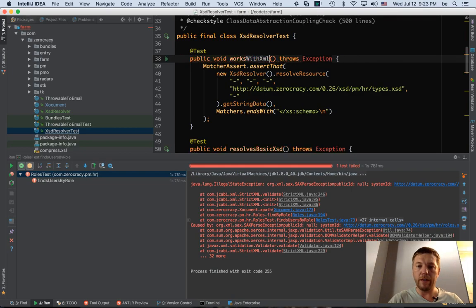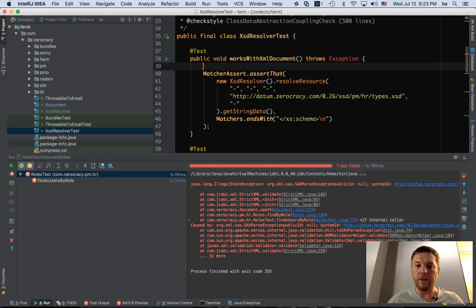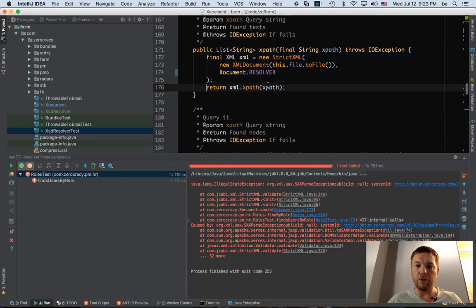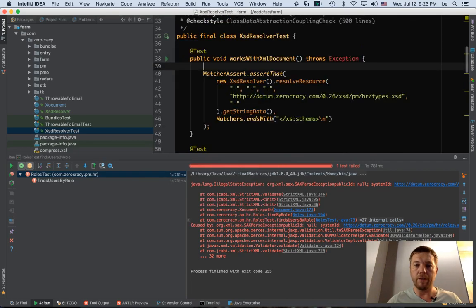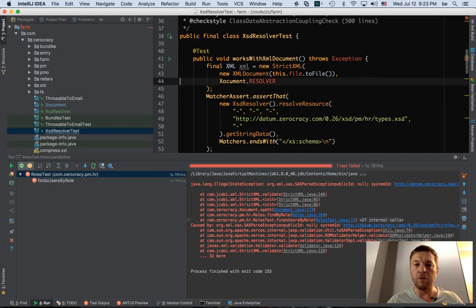Works with XML document. Let's create something more realistic, which is close to the code we have here. This is the code we have. Let's copy it here. And this code definitely failed. We know that for sure. So we create XML document. Let's create something simple. Roles. It's an empty document. And then we have the...